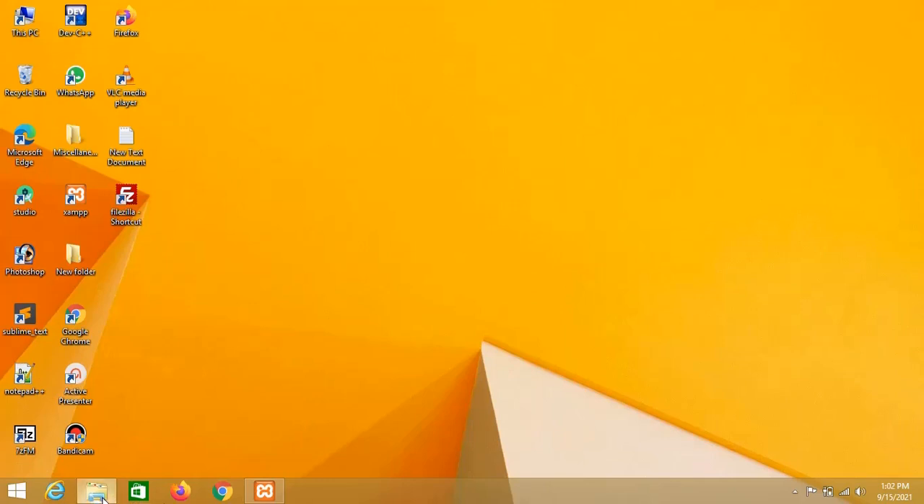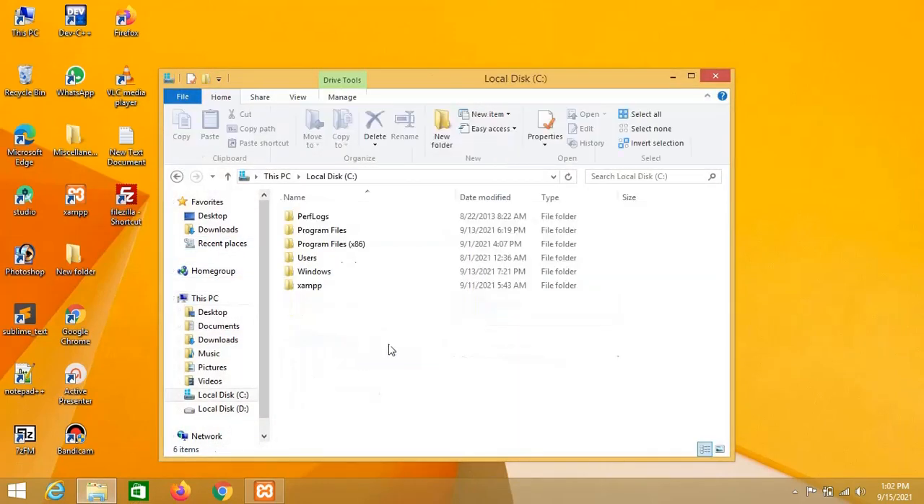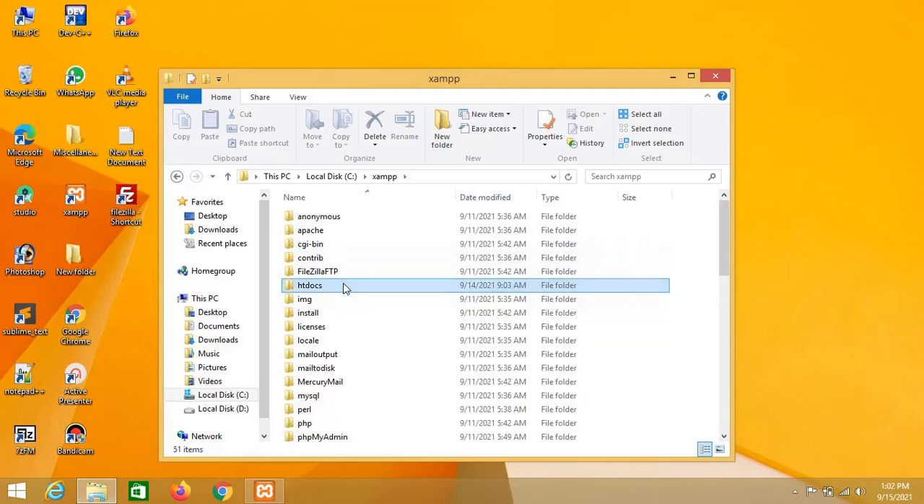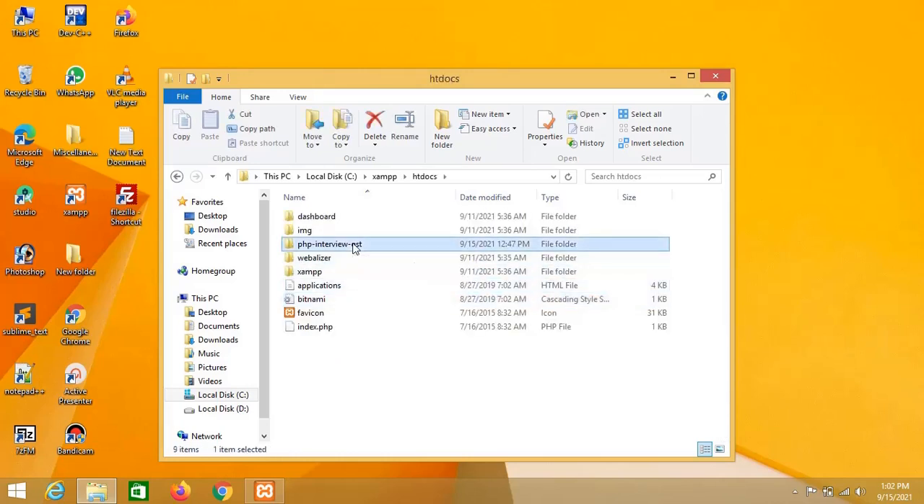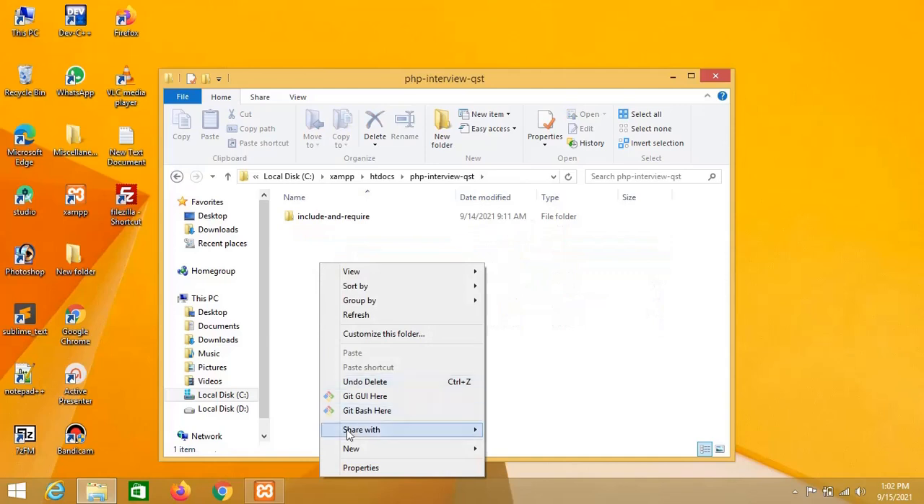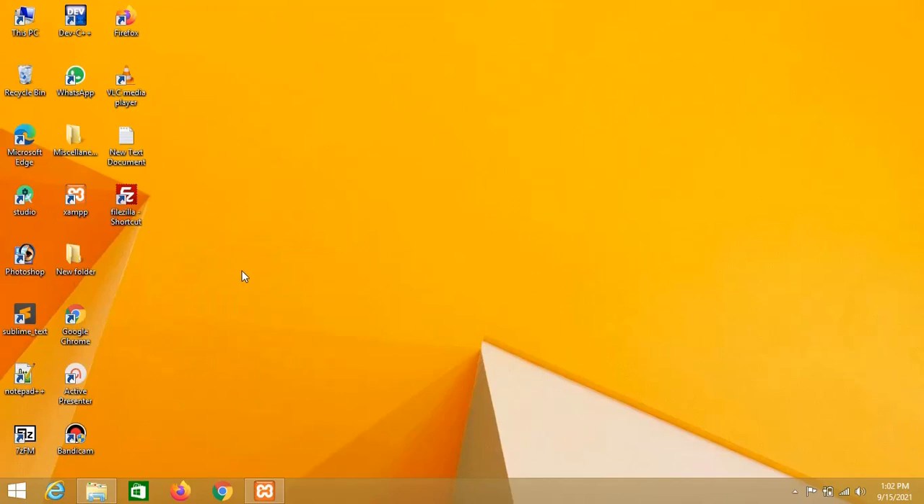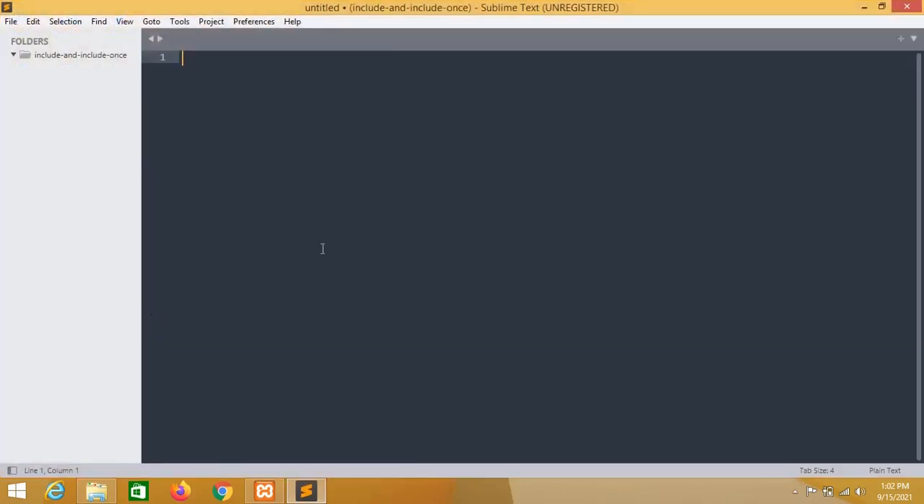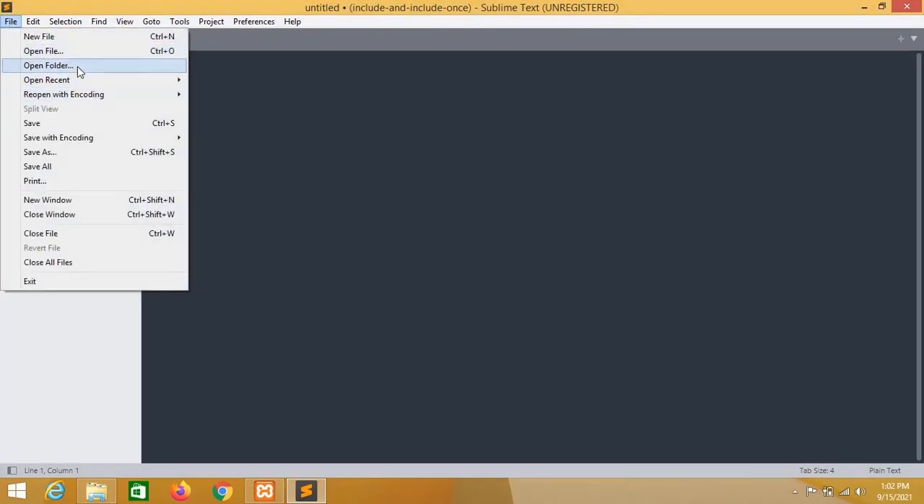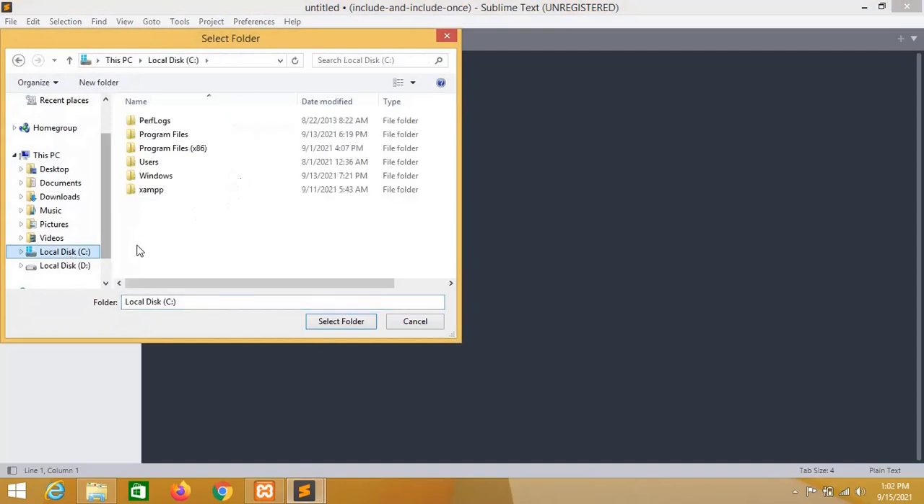and inside the htdocs folder I am going to make one new folder, that is include and include_once. So let me open my Sublime Text, and in Sublime Text let me open that folder,